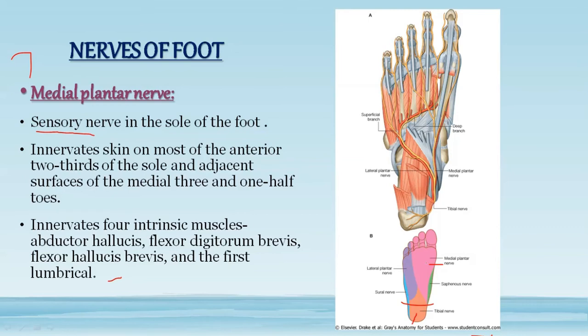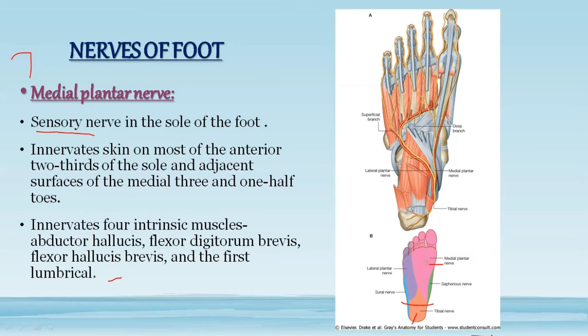For this reason, the lateral plantar nerve is considered the major motor nerve, whereas the medial plantar nerve is considered the major sensory nerve. Although both these nerves have motor and sensory supply, the medial plantar nerve is major